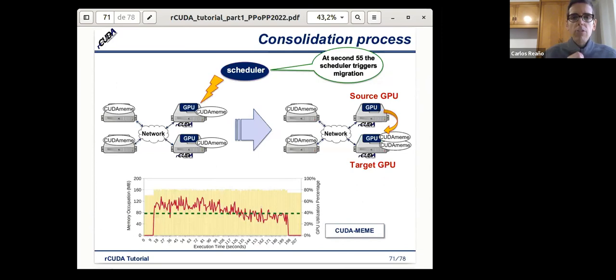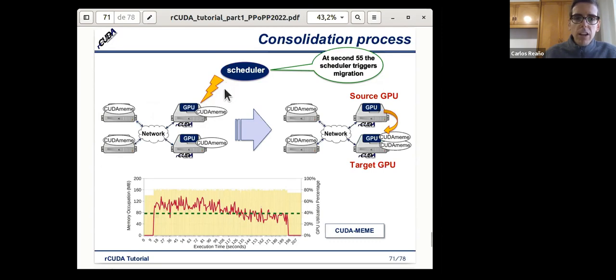How does this consolidation process work? Let's say we have a scenario like on the left side of the slide. We have four nodes, and let's say those nodes are running an application, and at a certain time, one of these nodes is going to be switched off.